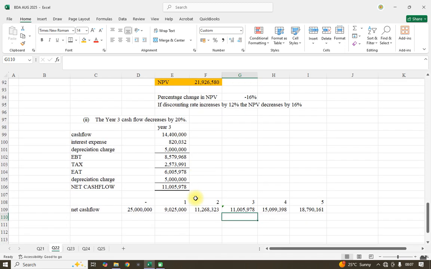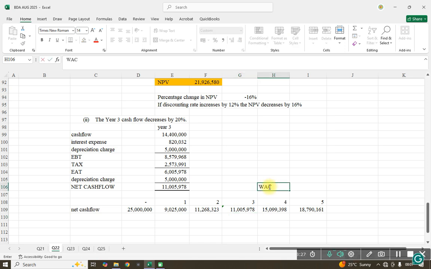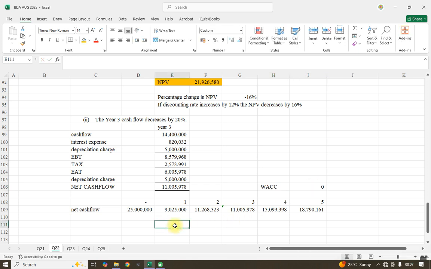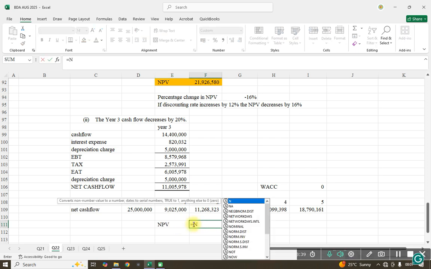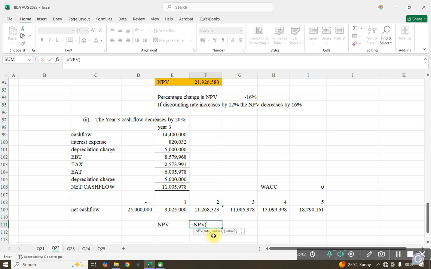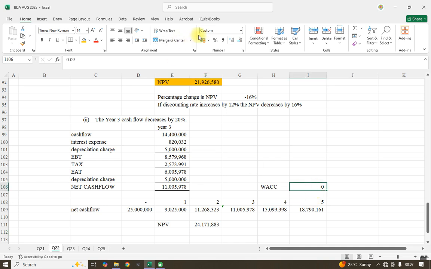So in this case, our discounting rate will still be 9. Our WACC will still be 9%, and therefore our NPV here will be NPV. Our rate is 9, comma, our values, and you minus the initial. Remember, this is not 0, this is 9. That way, this is our new